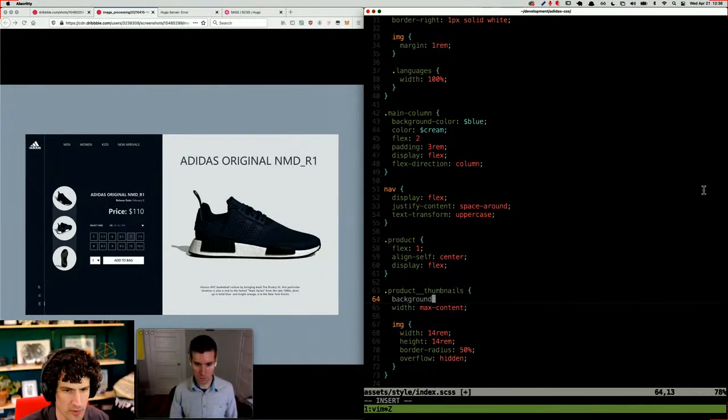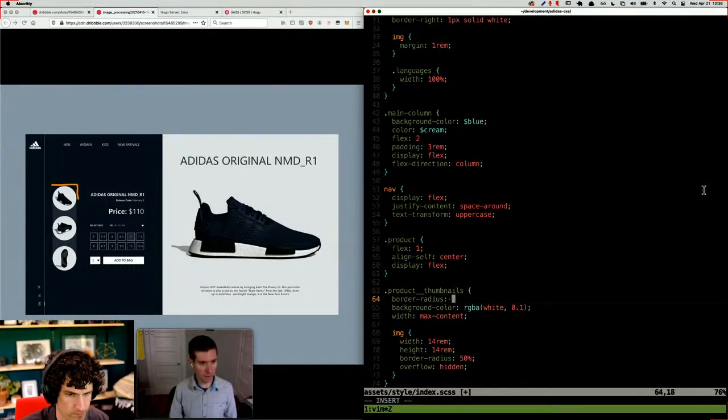So the background of the thumbnails has a little bit of opacity to it. I'm just going to do an RGBA white 0.1 background color on that. We will also have to round the corners, otherwise I think we're going to get some background bleeding through. Yeah. There. Now this width should also be